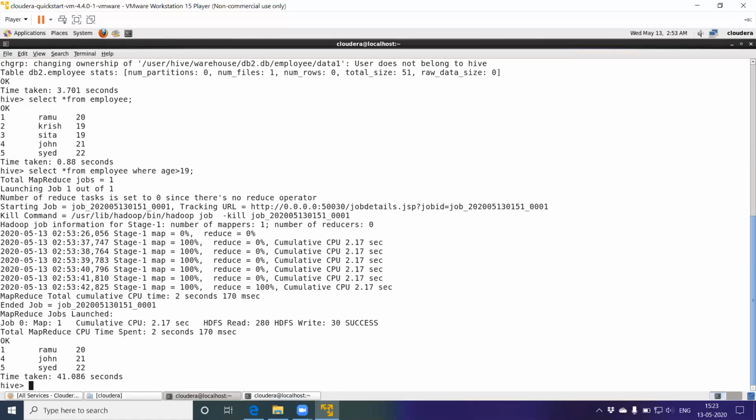Similar to this query, you can execute all other queries exactly like in SQL. The only thing is you are working in Hive. Syntax wise, there is no change, but working wise, there is a difference. Of course, all SQL commands will be processed by MapReduce operations. So that is the difference.